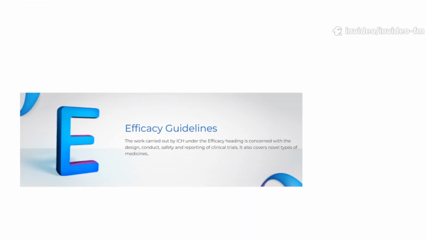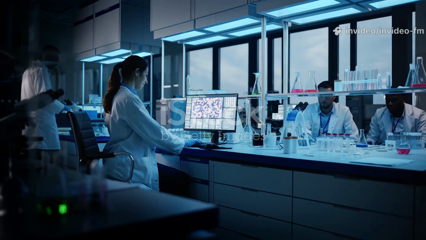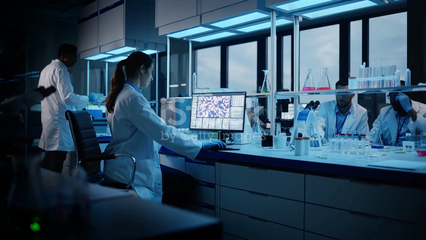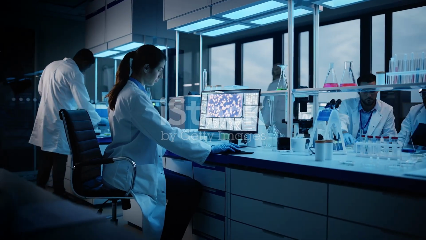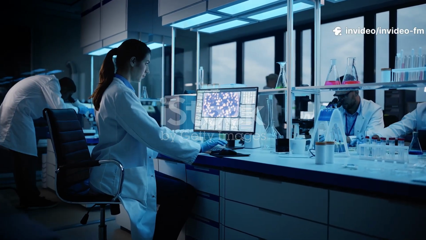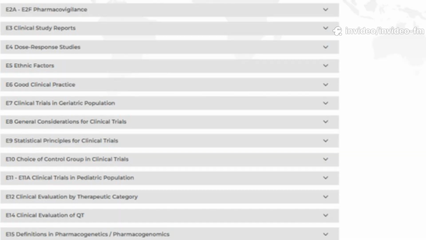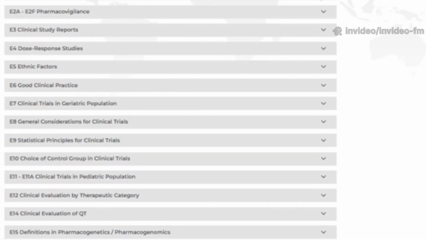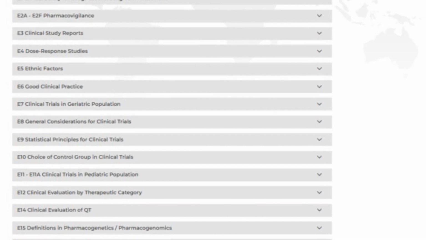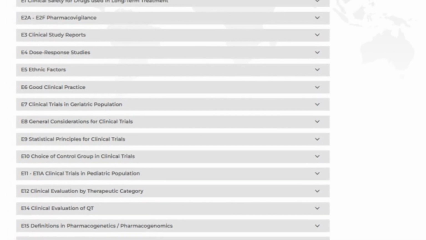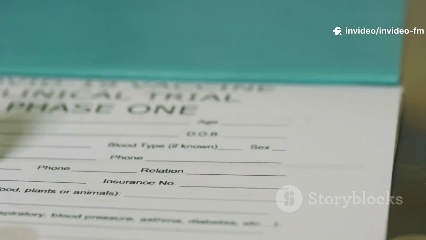Efficacy Guidelines E Series. E guidelines cover clinical trials and human safety, including E1 Clinical Safety for drugs intended for long-term treatment, E2 Pharmacovigilance, E3 Clinical Study Reports, E4 Dose Response Studies, E5 Ethnic Factors, E6 GCP Good Clinical Practice, E7 Clinical Trials in Geriatric Population, E8 General Considerations for Clinical Studies, E9 Statistical Principles for Clinical Trials, E10 through